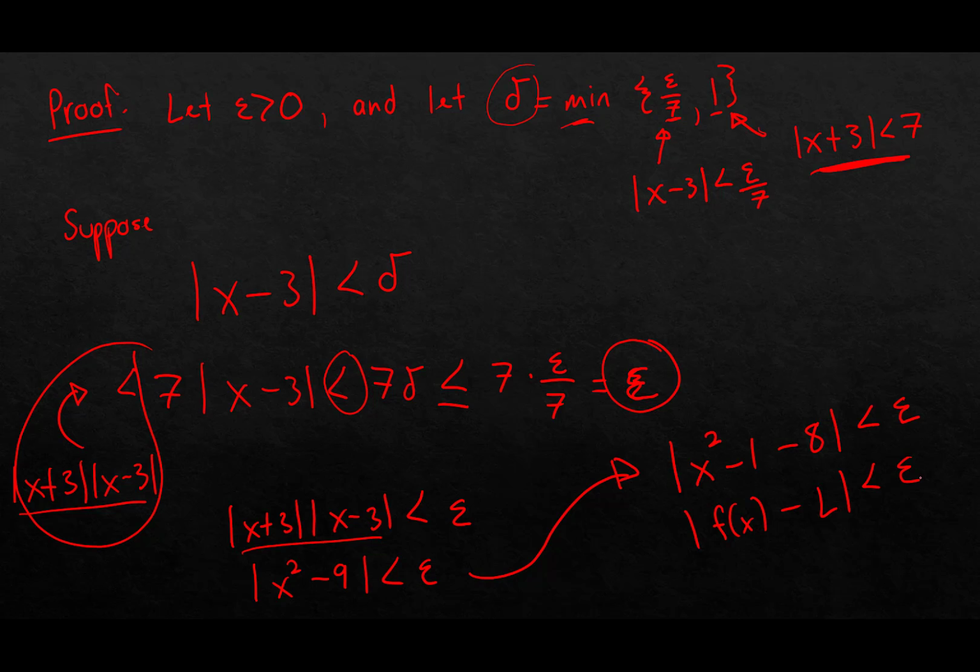So when your functions are a little bit more complicated, in this case we had x squared minus 1, sometimes when you're doing epsilon delta proofs, you're going to have to pull these kinds of tricks out of your sleeves. You're going to have to think a little bit: well, if delta is really small, let's say 1, then what is that going to tell us? So keep this trick in the back of your mind.